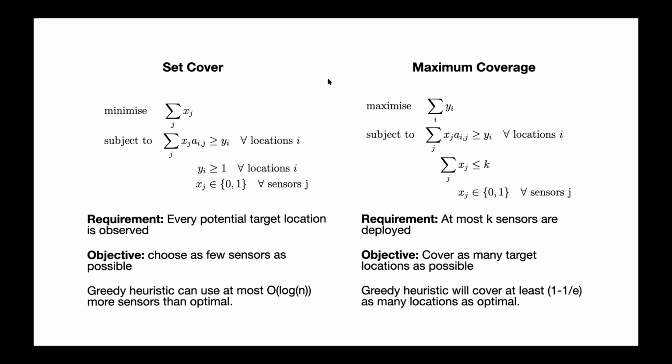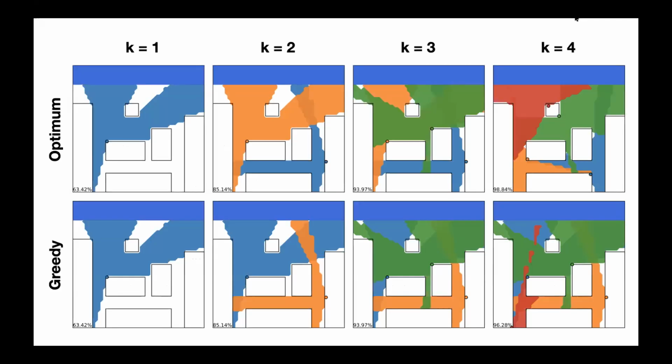And the question, of course, is that we know these problems are hard to solve in the worst case. So for this instance, where I think we discretized to over 1,000 locations and over 1,000 possible sensor placements, what's the actual performance for this solver? And here are the plots we got. The top here is the integer programming solver, and you can see it puts down one sensor here and 2, 3, 4. And that's the optimum it could do with 4 sensors in this discretized problem.